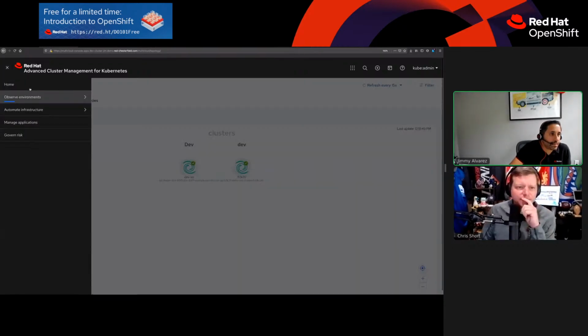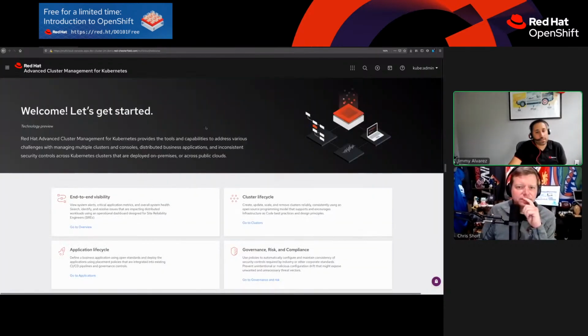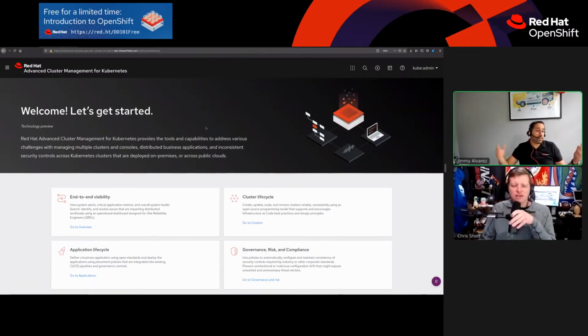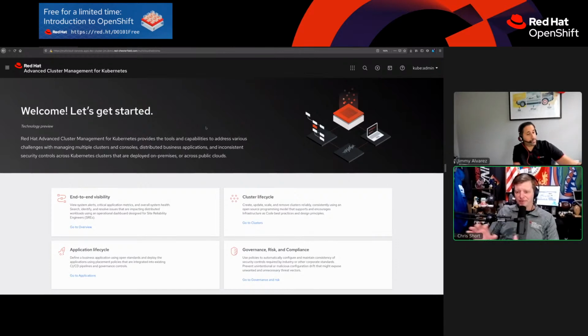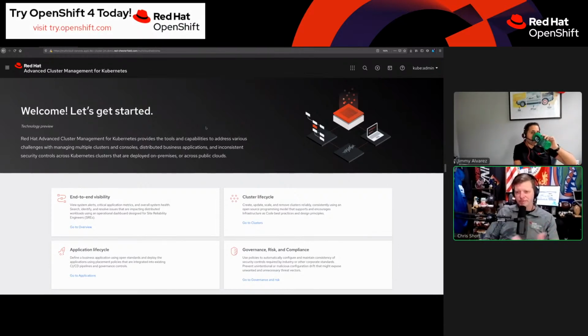Pretty straightforward, pretty easy. I think this is an amazing product that will really help you to get control over your Kubernetes environment and your multi-clusters. So if you're in a multi-cluster environment, which a lot of our customers already are,